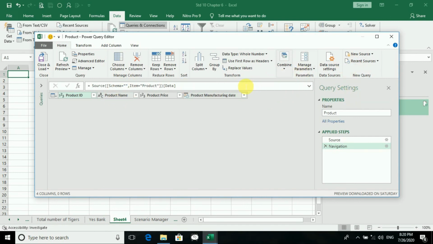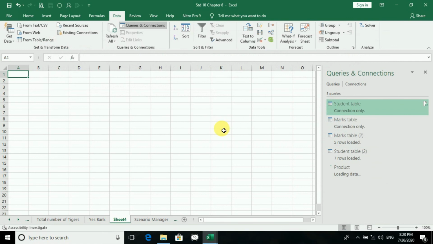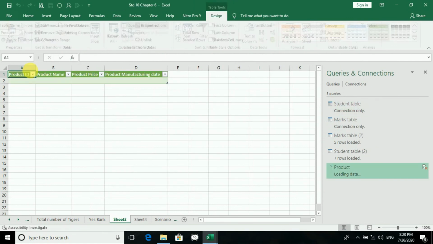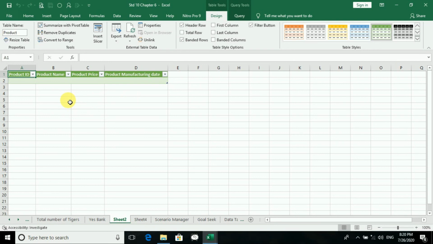Okay, we have selected the table. Now we will click on it, keep, and yes, you will get over here the field names. Yes, you can see the field names over here. Okay, so this is about how to import your data.